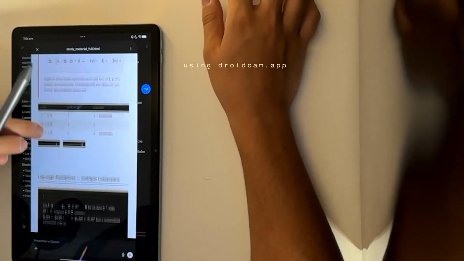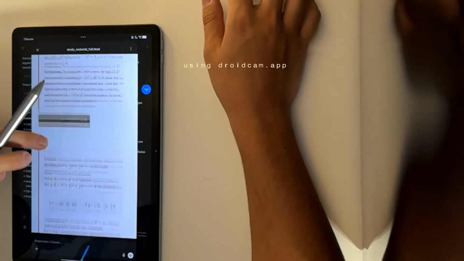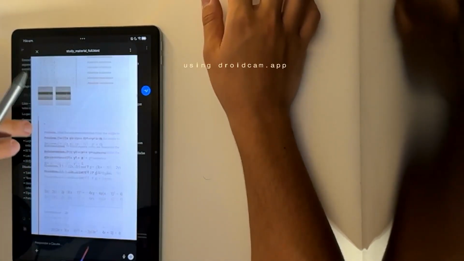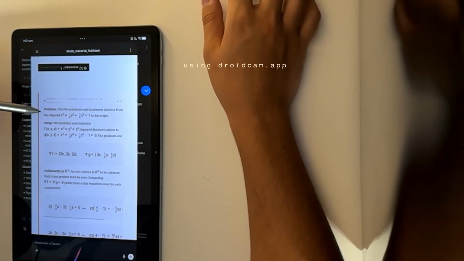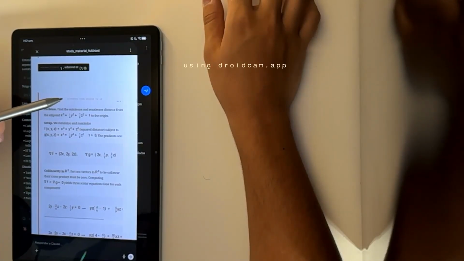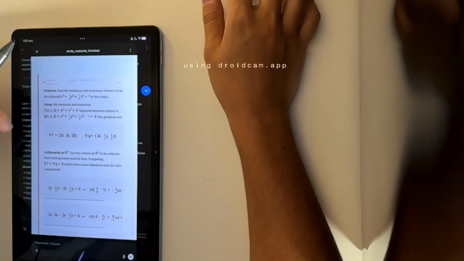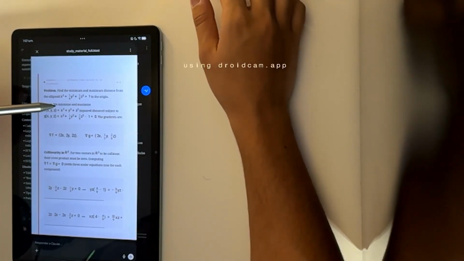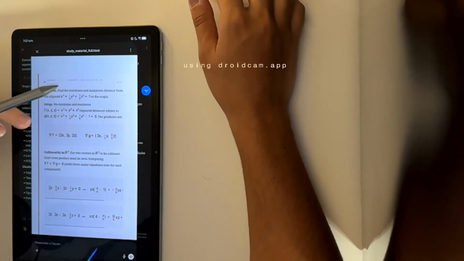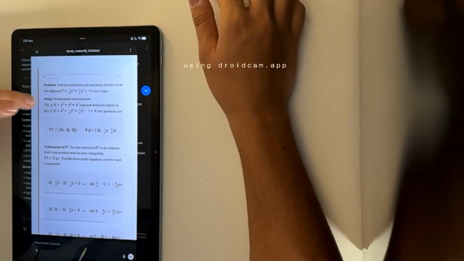Another problem. Find the maximum and minimal distance from the ellipsoid x squared plus 1/4 y squared plus 1/9 z squared equals 1 to the origin. Setup: we minimize and maximize F of x, y, z equals x squared plus y squared plus z squared, the squared distance, subject to